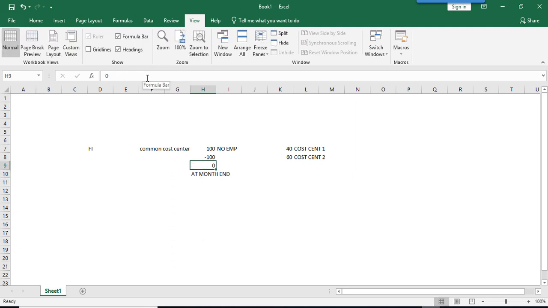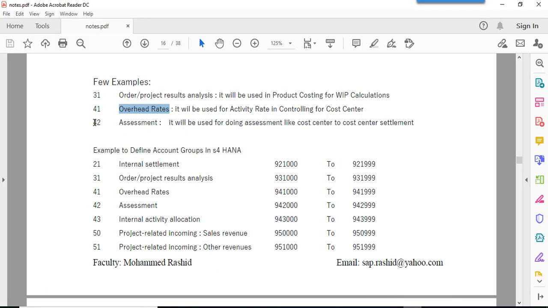The balance of common cost center will become 0 at the month end. We have to execute CO cost center cycles. Based on that cost center cycle, based on our percentage criteria, system will assess this, means transfer posting to cost center 1 40 USD and 60 USD to cost center 2. That is the concept, means these 42 category cost elements will be used for assessment in controlling.